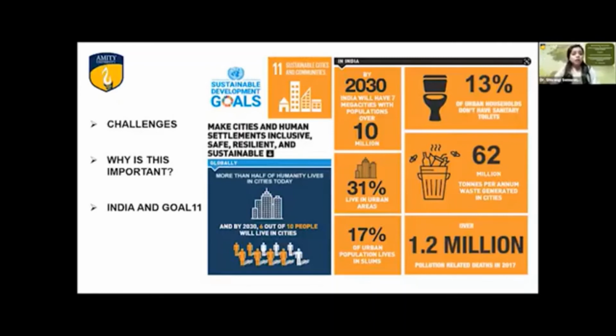So, 68% of our country's total population lives in the rural areas, while 17% of the country's urban population live in slums. So, the Government of India's Smart City Mission, the Jawaharlal Nehru Urban Renewal Mission, and the Atal Mission for Rejuvenation and Urban Transformation, that is AMRUT, are actually working to address the challenge of improving urban space. And the Prime Minister's Pradhan Mantri Awas Yojana aims to achieve housing for all by 2022.